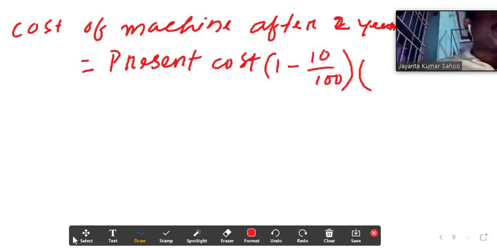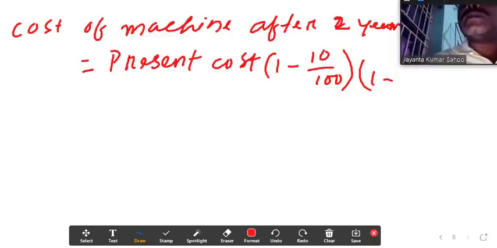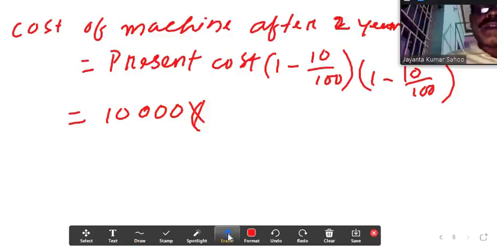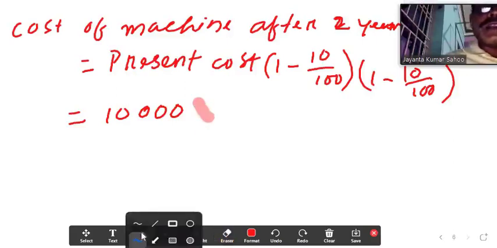into, again it is depreciating, that is every year 10%, that's why 1 minus 10 by 100. It is equal to present cost, which is 10,000 rupees, into 1 minus 10 by 100, which can be written directly as